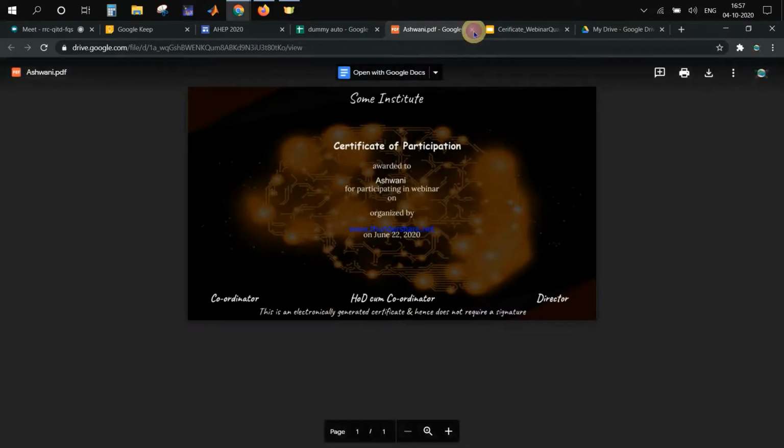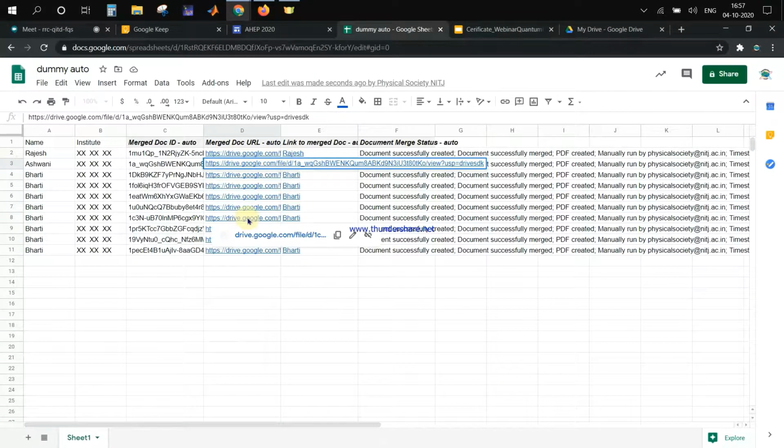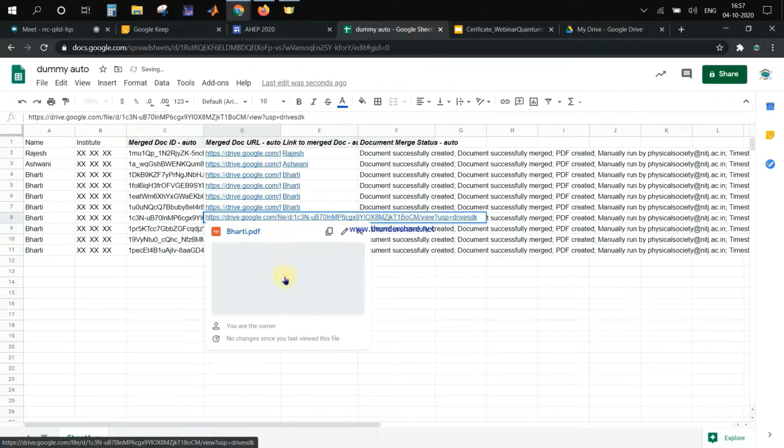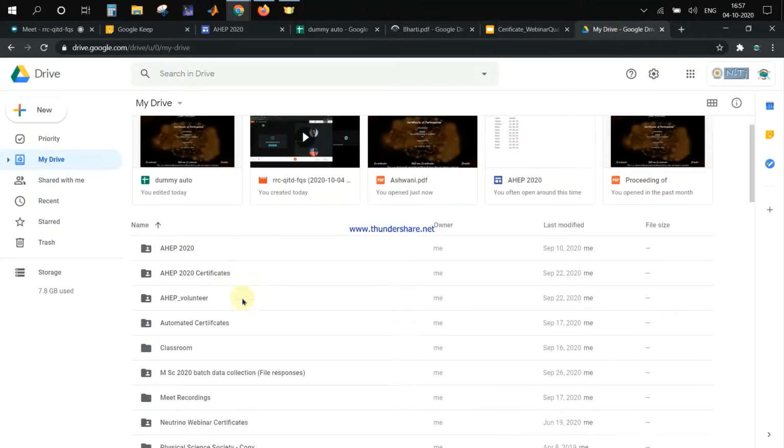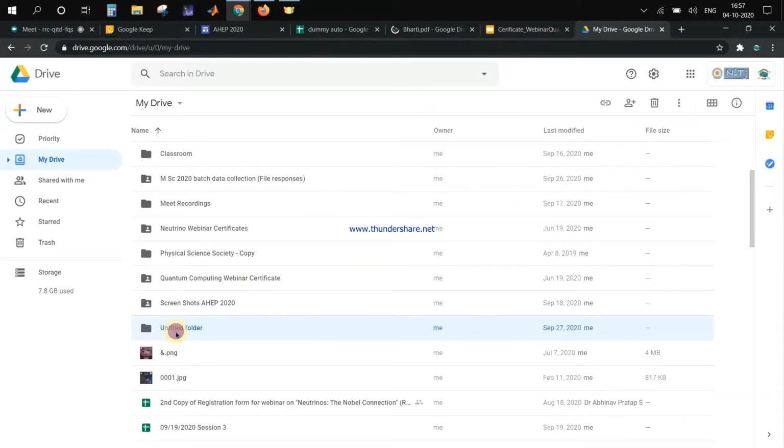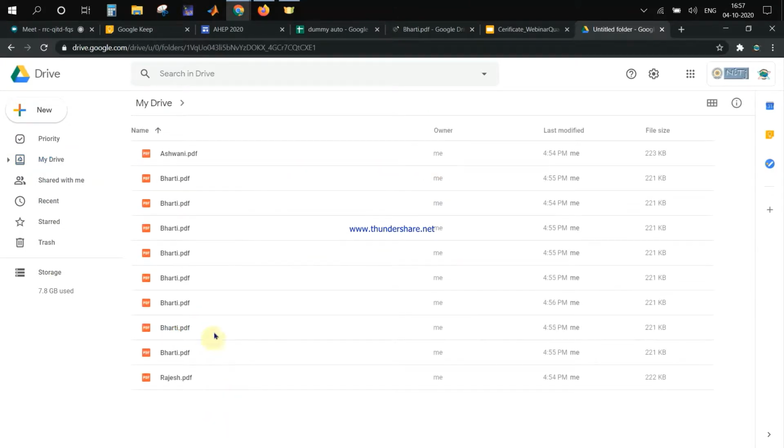Okay, and it has created automatically for all the different names, and it is saved in this untitled folder. Okay, you can see there are 10 entries here, and the main thing is it is saved by the name of that particular participant, so that will be much easier to locate this particular participant's certificate.